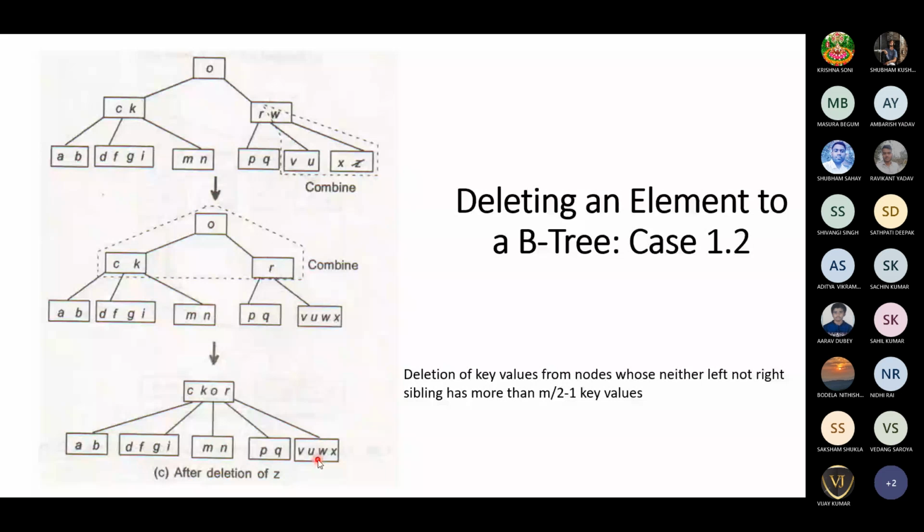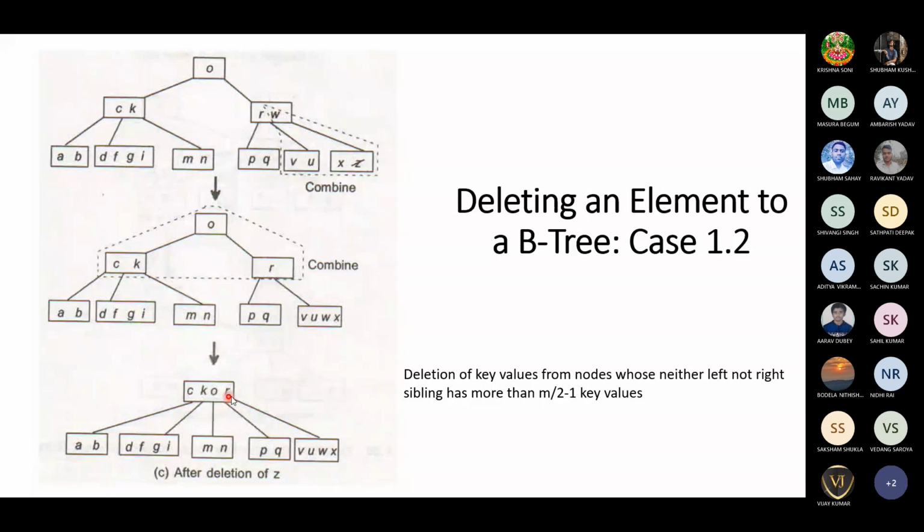How will this node break? So W X V U is there, X Z is coming, so W will become its root node. Yes, sir. W will become its root node. UV is there, X, Z is coming. So the middle value you will make the root node. W will go into the root node.